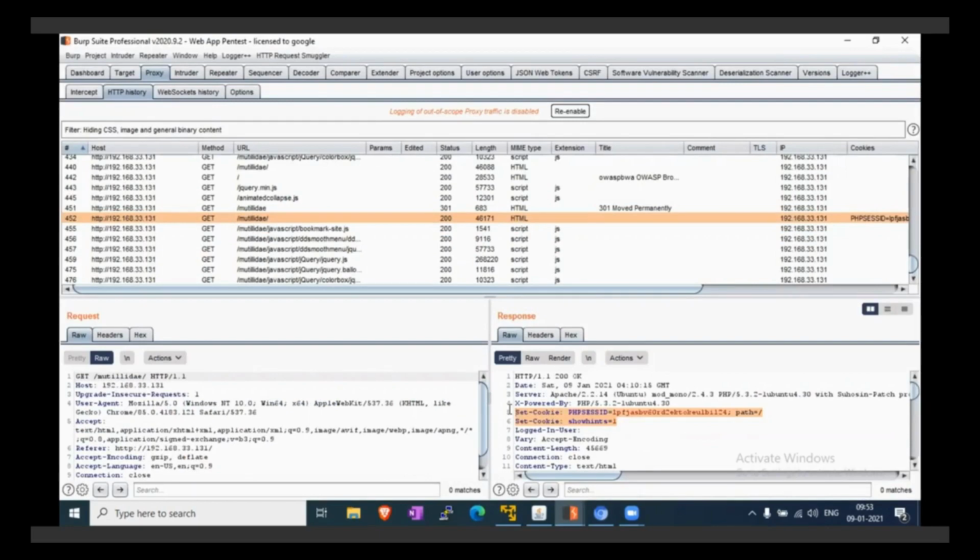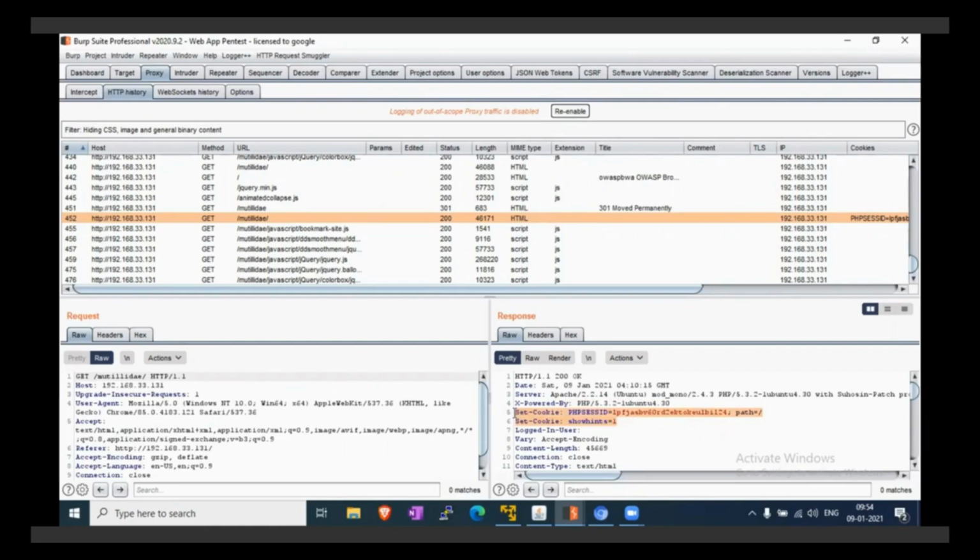Examining the end of the set cookies assignment line, notice the absence of the HTTP only flag for both lines. This means the PHP session ID and the shown-with cookie value are not protected from JavaScript manipulation. This is the security finding that you would include in your report if you are not getting that type of